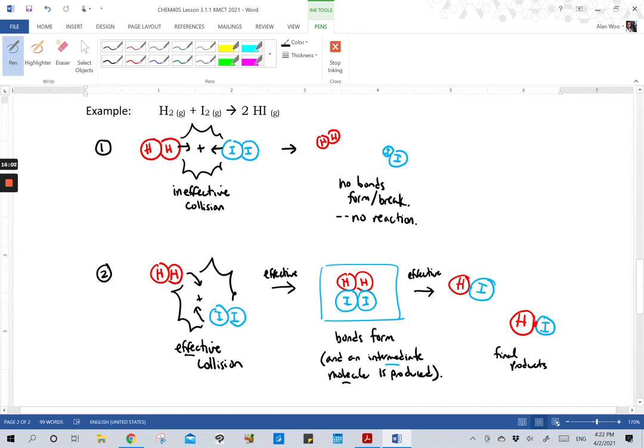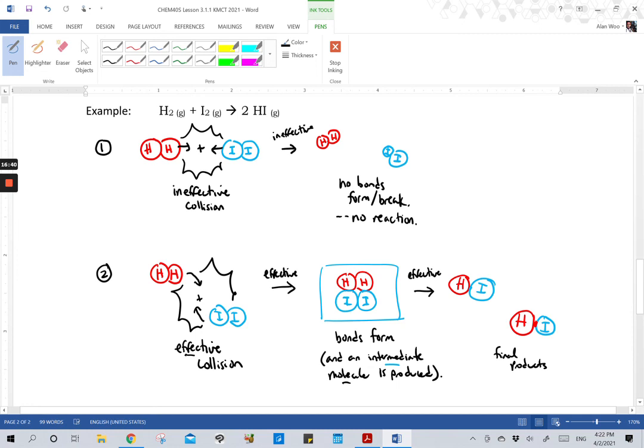So when they are in scenario 1 and do not form effective collisions, so ineffective, nothing happens, no bonds form or break, and they basically remain the same as they were before. But in scenario 2, when there are effective collisions, everything happens quicker and faster to form your final products,